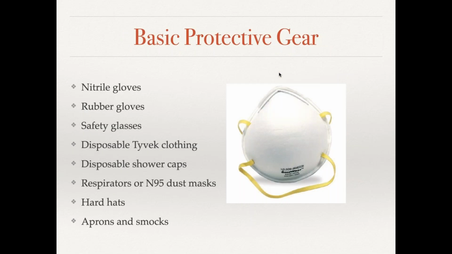So next up is basic protective gear. And we'll talk a little bit about more PPE soon. I feel like these days, a lot of people have thought about a lot of PPE who might have never even heard the term before. But for a disaster, the kind of PPE you're going to be looking for will be nitrile gloves, like you would use in your lab, like you use in your reading room, rubber gloves, like heavy dishwashing gloves, safety glasses, because on disaster sites, you may have a lot of particulate matter in the air,